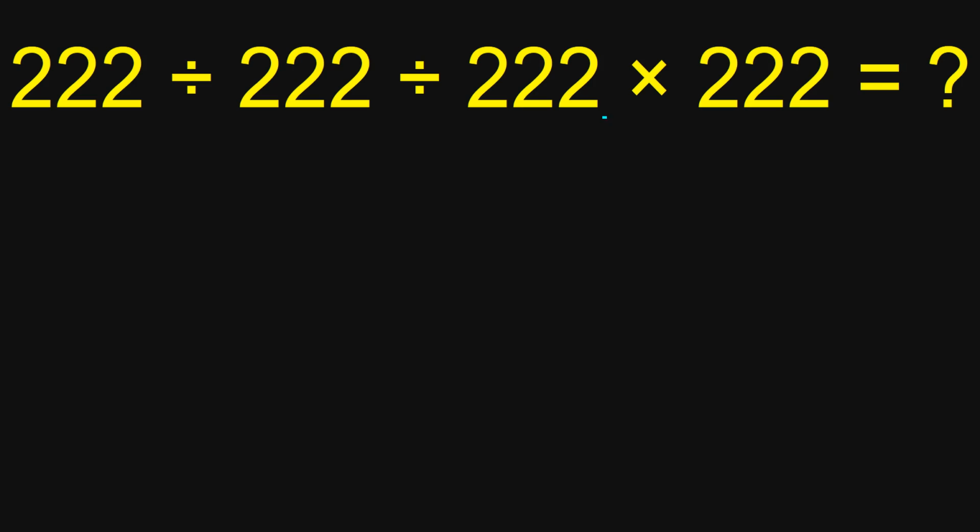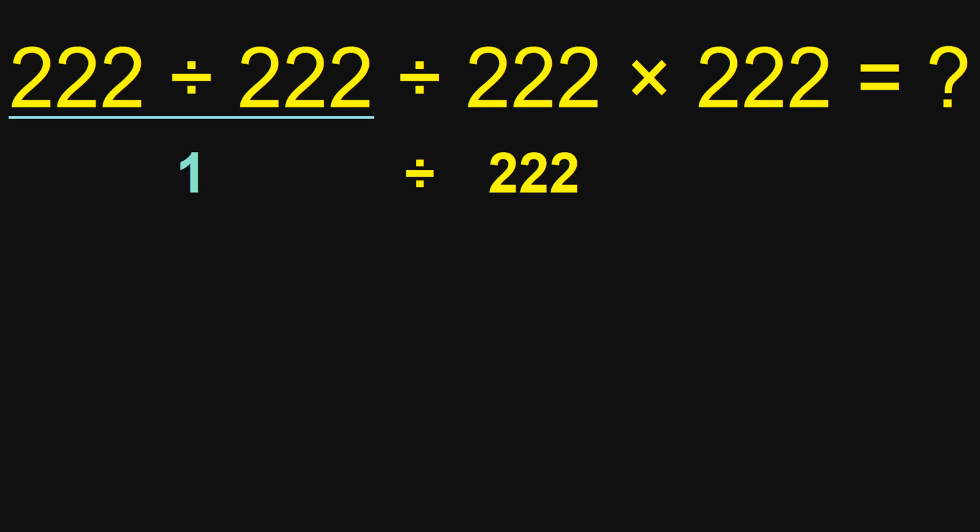If you do this multiplication before this division, it's wrong. And now let's start our solution. So first we do this division. We have 222 divided by 222, which equals 1. Now our problem became 1 divided by